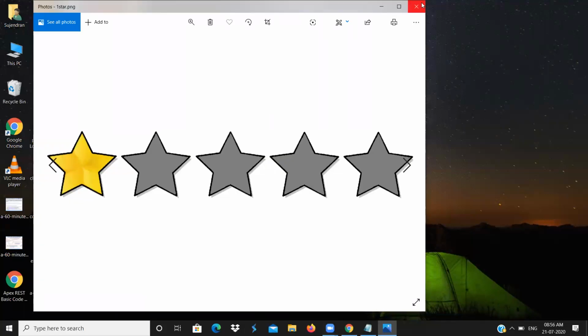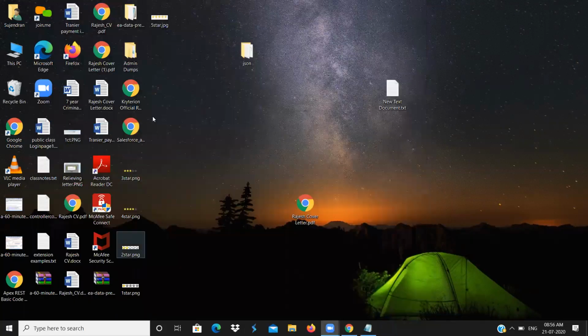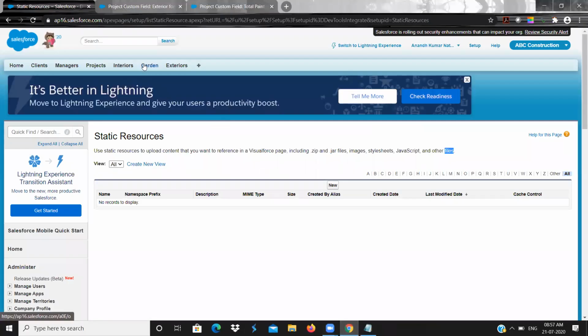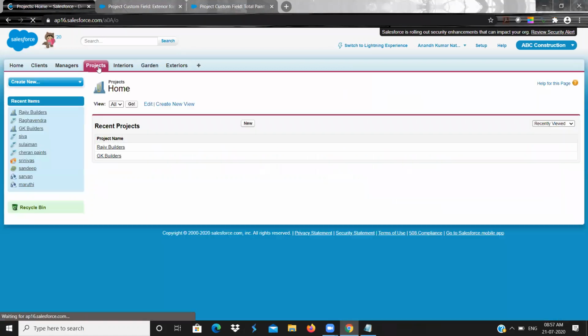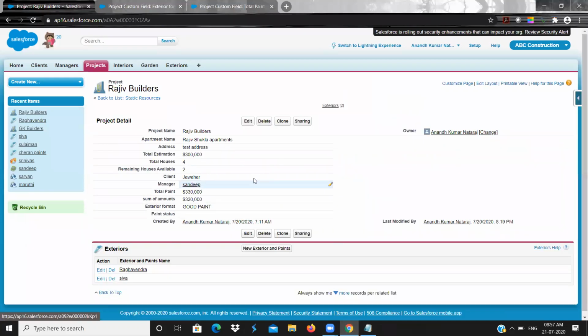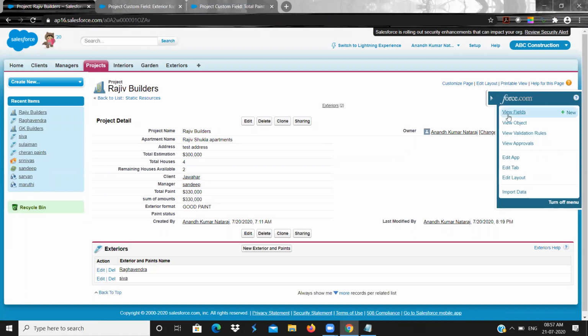Like that, I have downloaded some files. So what we will do is go to the project and create 2 fields. One is a pick list and another one is a formula field to display these images.